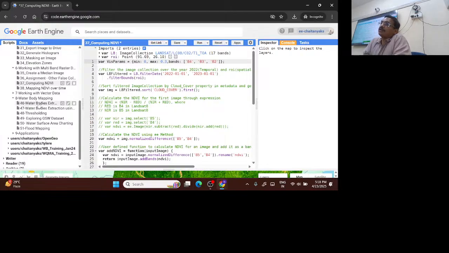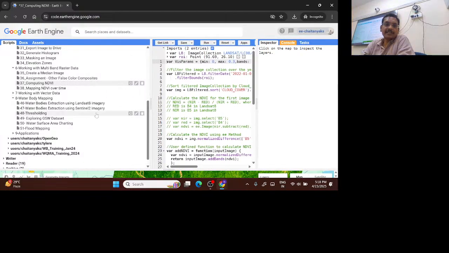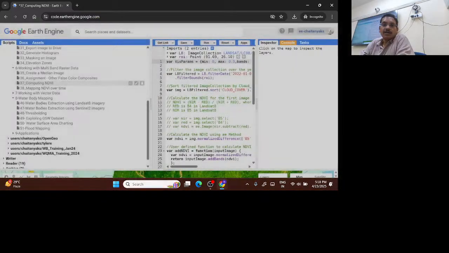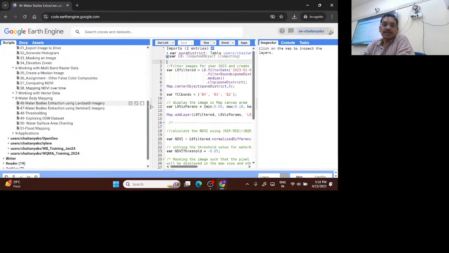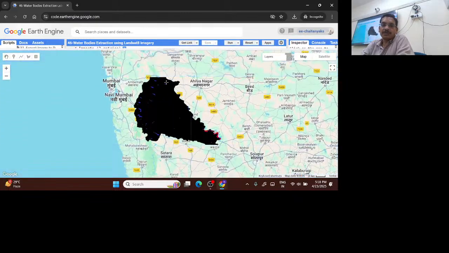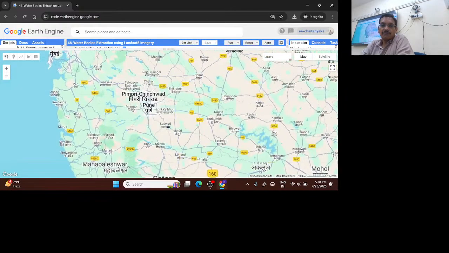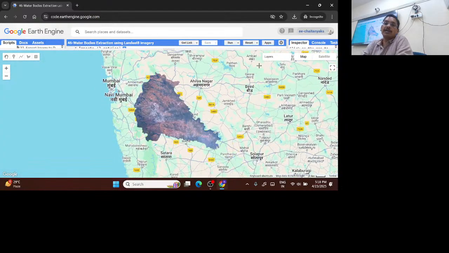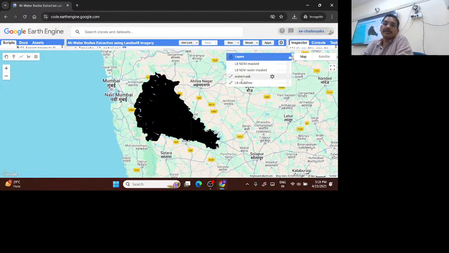MNDWI is a better index for mapping of water bodies. So you can see water body extraction using Sentinel as well as Landsat 8 imagery. You can run the scripts and see that for a whole district you can easily map water bodies in no time. And you can zoom in to see. First you are creating a cloud free image composite by taking the median,